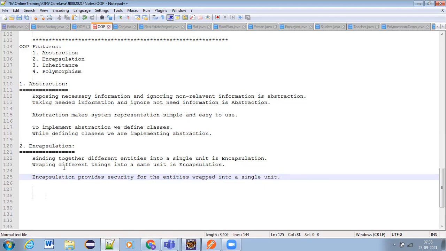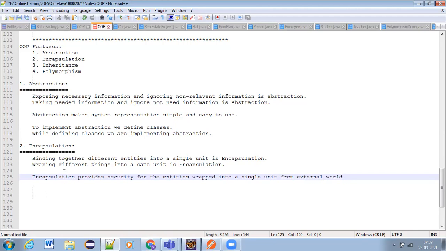So whatever things we are putting together into a single unit, that will be protected, to provide security for the entities wrapped into a single unit from the external world or outside world, we can say.